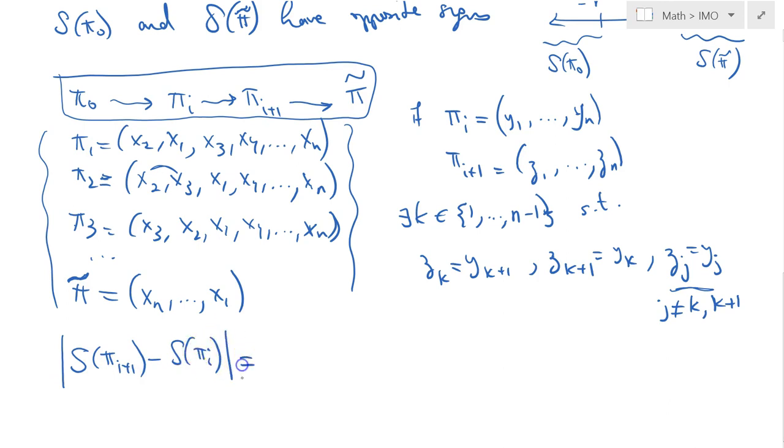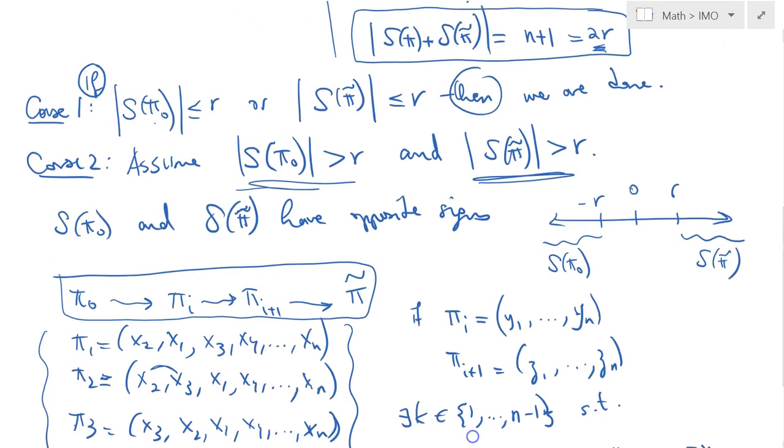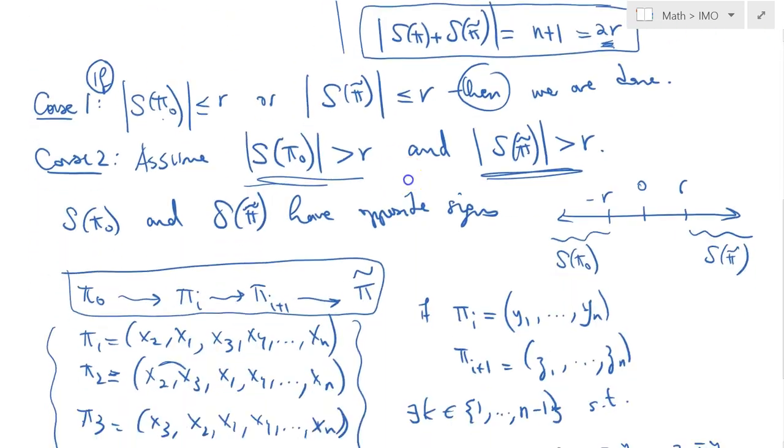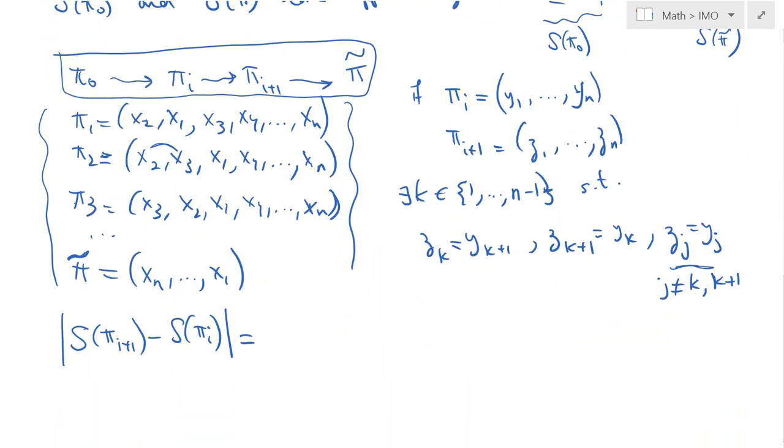If I evaluate them, remember the definition of s. S would just be defined like this. So if you have a permutation like this, then s of it would be just the sum, this weird sum. Okay, so therefore this would be equal to, well, all the terms will simply vanish, except the terms which are the consecutive ones, and so they will become like this: k z sub k plus k plus 1 z sub k plus 1